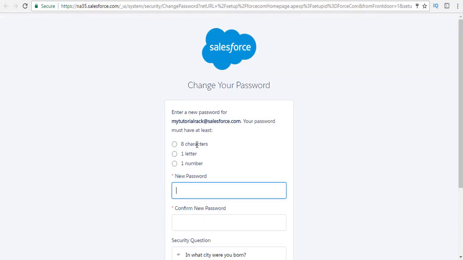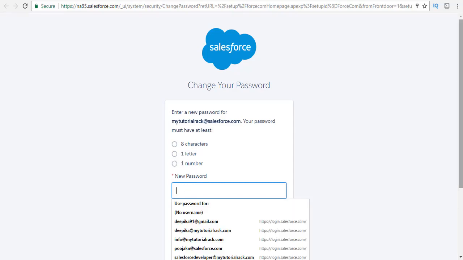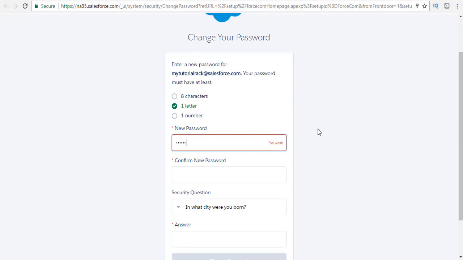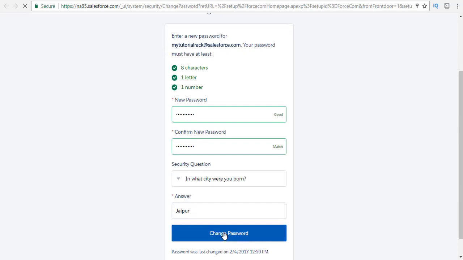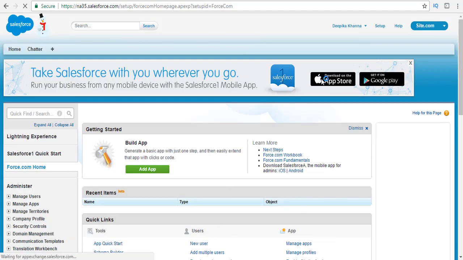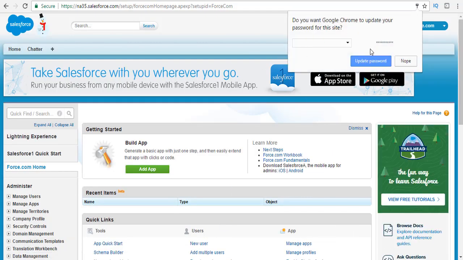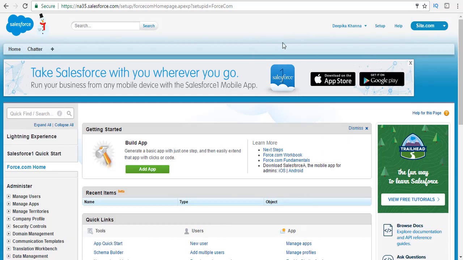The password has to have 8 characters, 1 letter, and 1 number. So let's go ahead and give the password. Scroll down and hit change password. Now this is your developer's account, and we're going to start creating our application from the